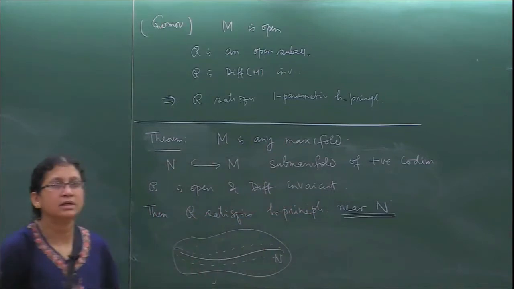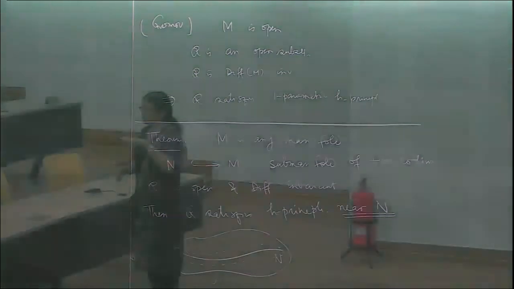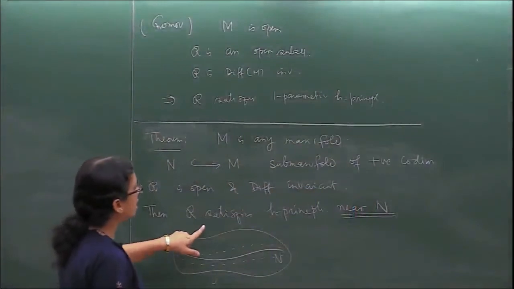Something is happening near N. That means around that N, there is a neighborhood on which a certain property is getting satisfied. And that neighborhood might shrink in the process of the argument. It is not any fixed neighborhood. So there will be several steps in the proof. In each step, we might have to adjust the tubular neighborhood of N on which that step will be valid. But finally, we will get some neighborhood of N on which we will get